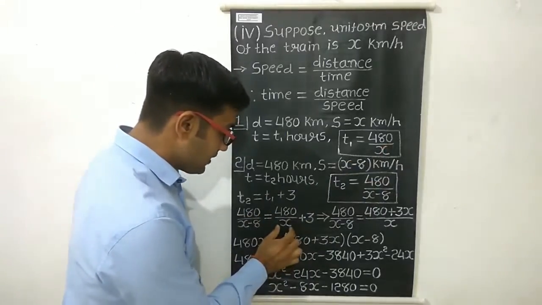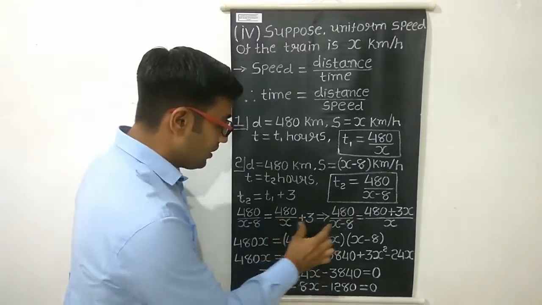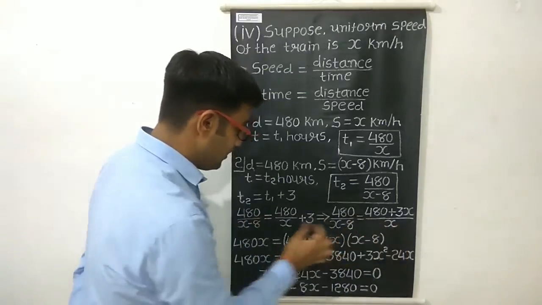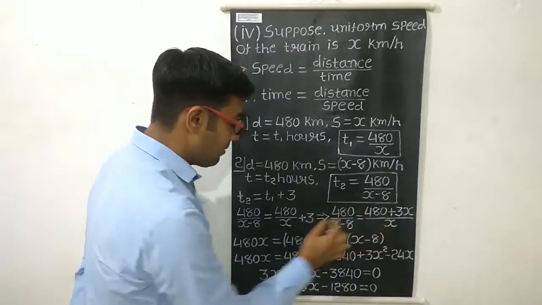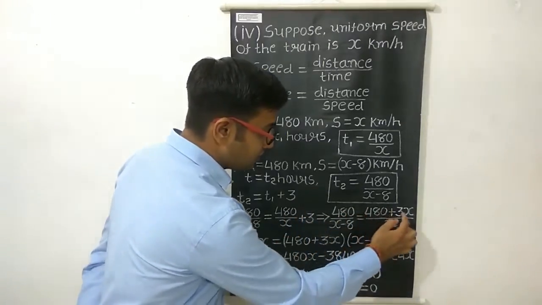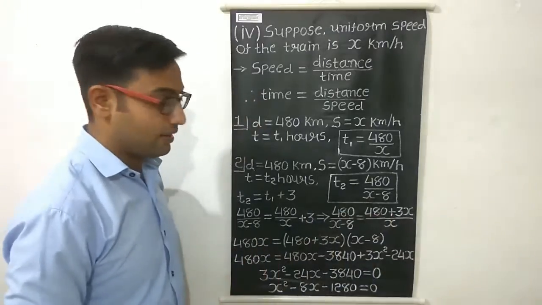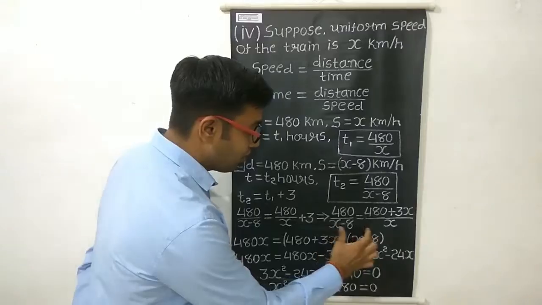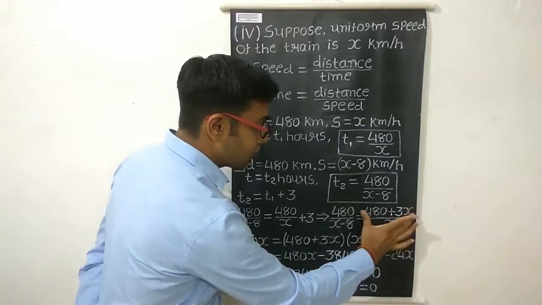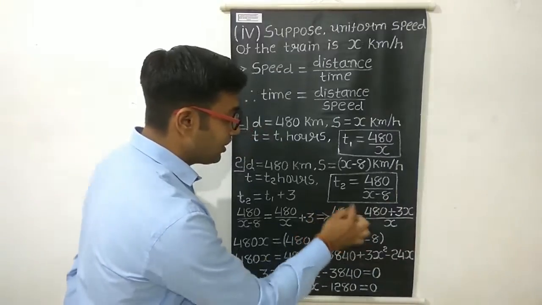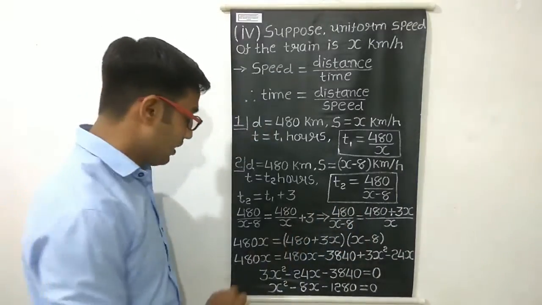Now take x as an LCM on the right hand side. The left hand side remains as it is. On the right hand side x is the LCM, 480 remains as it is, and we have to multiply this 3 with x. So 480 plus 3x upon x, that we get here. Now we have to take this x minus 8 to the right hand side in multiplication with the bracket, and x to the left hand side in multiplication with 480. So we will get